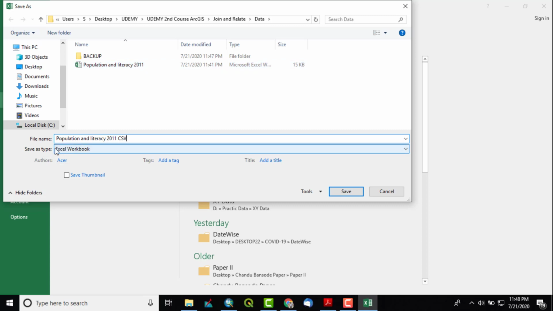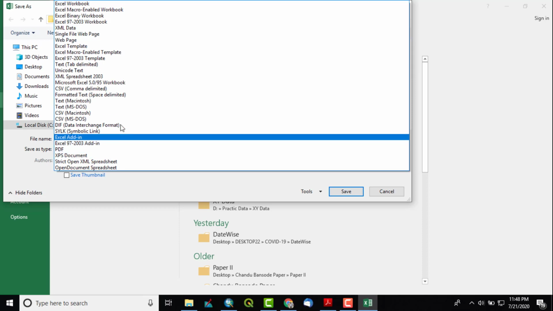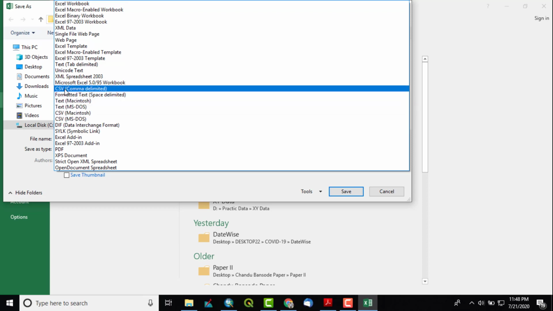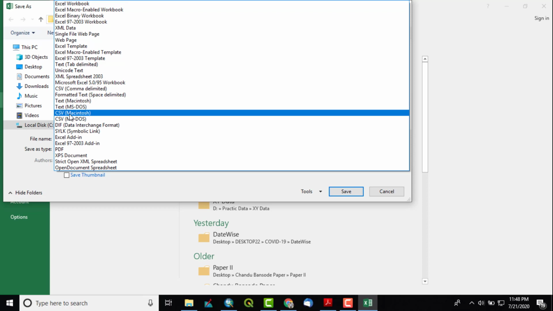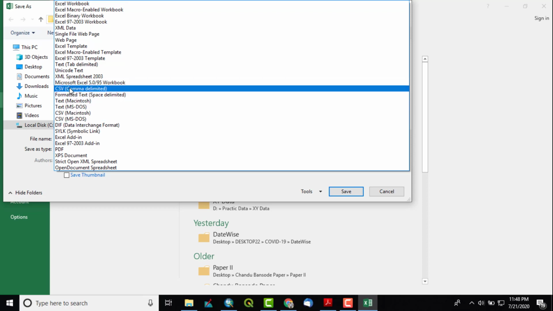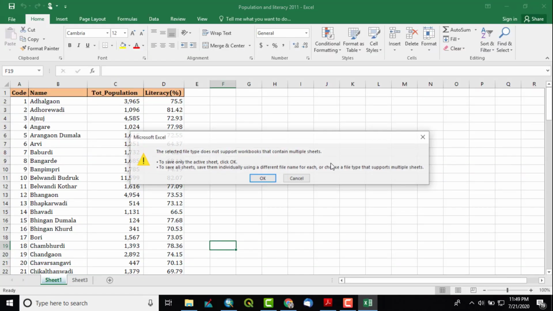For Save as type, we have to select CSV comma separated values. There are various types of CSVs: comma delimited, CSV Macintosh, CSV MS-DOS. Within that we have to choose CSV comma delimited. So I have selected it, then click on Save.